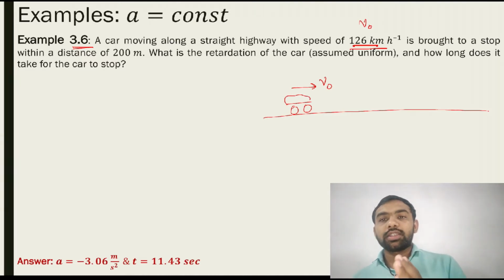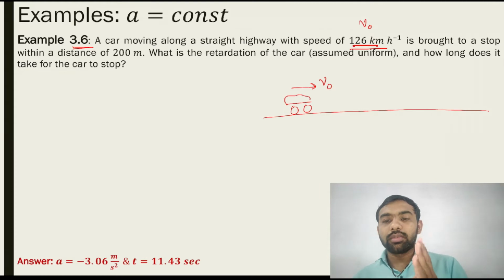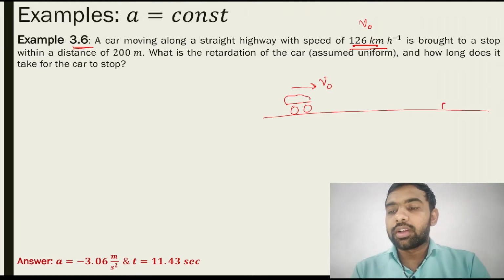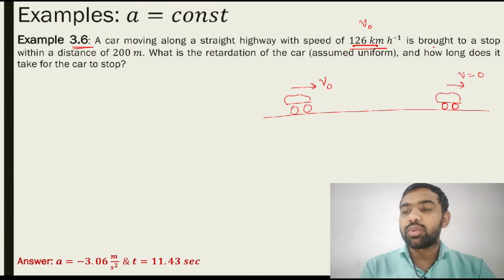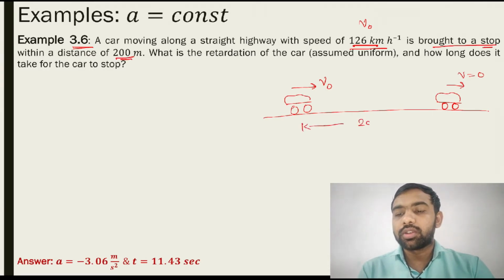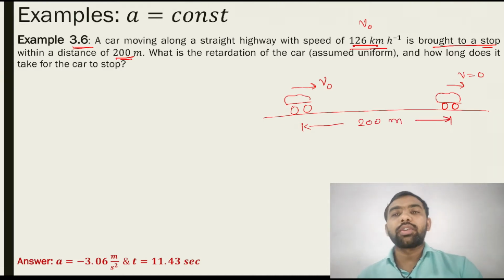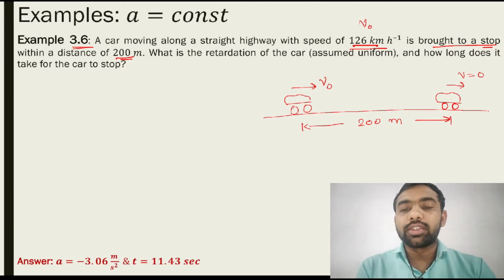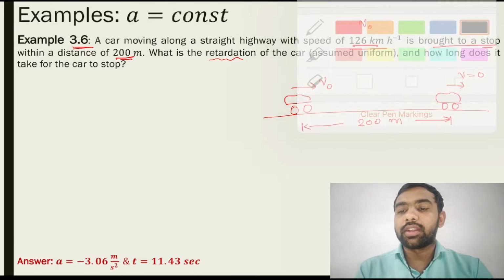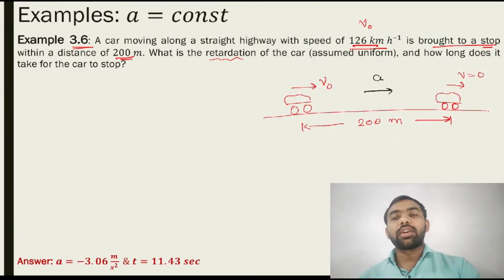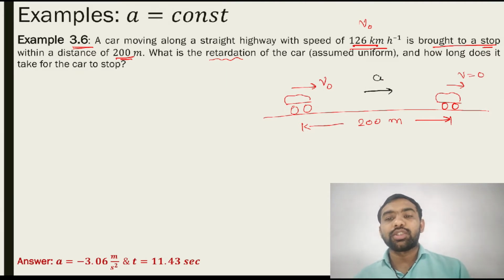This means at this instant the brake is applied on the car. So after covering some distance, the car comes to rest, meaning the final velocity becomes 0. The car comes to rest, it is about to stop. How much distance is covered? 200 meter. So after covering 200 meter, the car comes to rest. What is this retardation? Right now we don't know the direction. Let's just give the direction the same as the motion. If our direction is wrong, then the answer is negative. So acceleration is considered to be a.